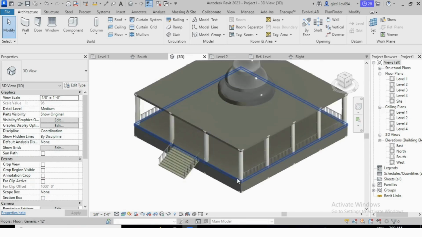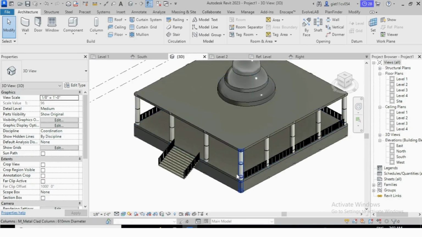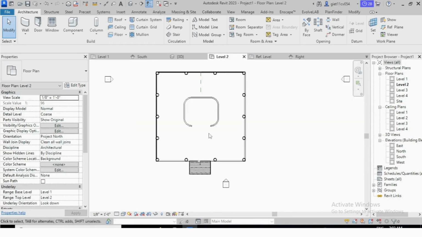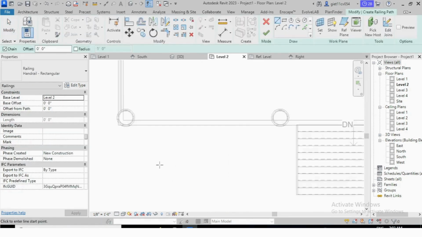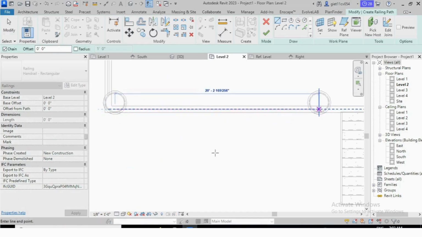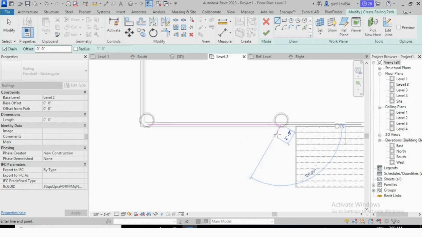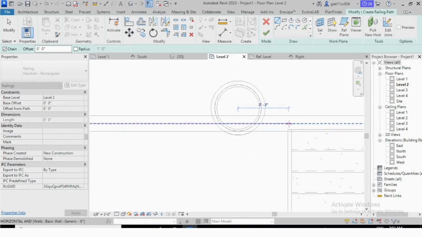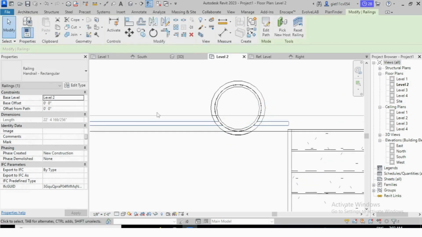Now we have to place on the front side. For that you have to just go in level 2, select the railing, and just place the railing. Finish it.